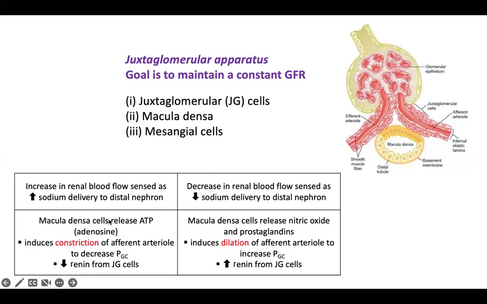And this ATP and adenosine paracrine factors will also decrease renin from the JG cells. Conversely, if there's a decrease in renal blood flow and this decreased distal nephron sodium concentrations, macula densa cells will release nitric oxide, prostaglandins, and these will induce dilation of the afferent arteriole to increase the blood flow that's hitting the glomeruli. And then it will also increase renin from the JG cells